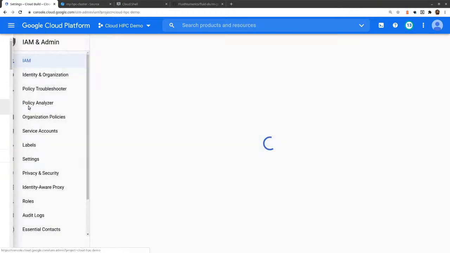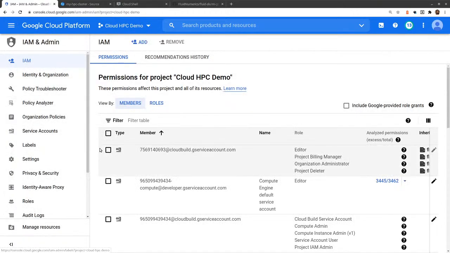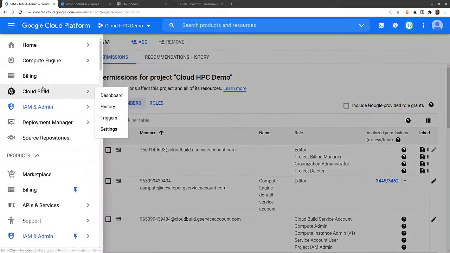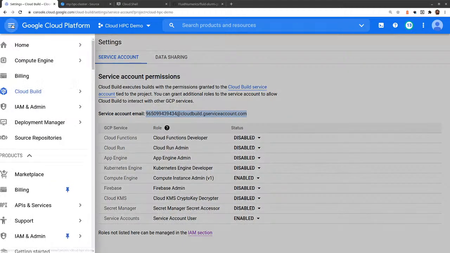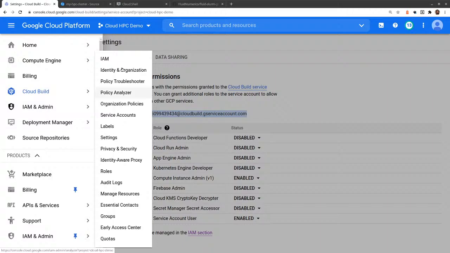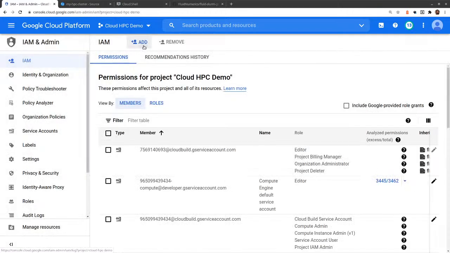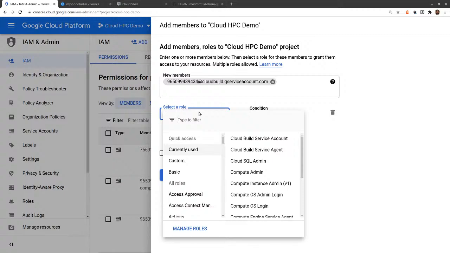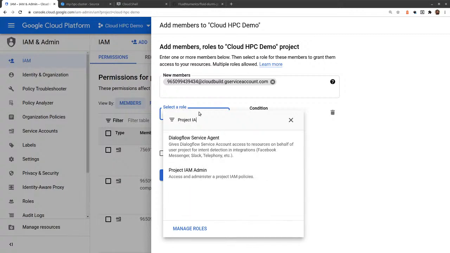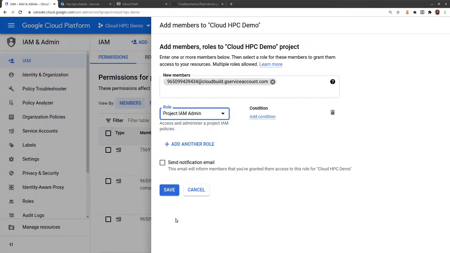And the last pre-configuration we need to do is head on over. Actually, let's go back one more time so I can show you one more bit of information that we need. You're going to need this Cloud Build service account. Go ahead and copy that. Now let's go into that products and services menu to the IAM and admin. Go to IAM, go to add. Copy and paste that service account in there. And the role you're going to need to give it is the Project IAM Admin. This will allow that service account to set those identity and access management policies